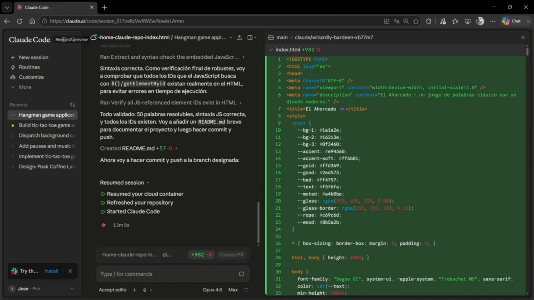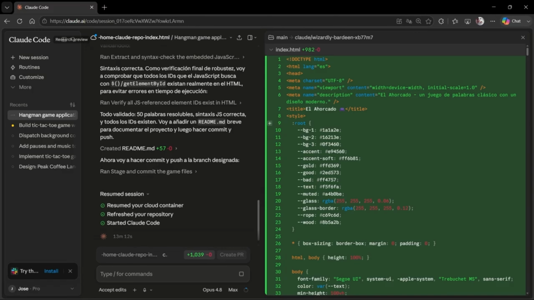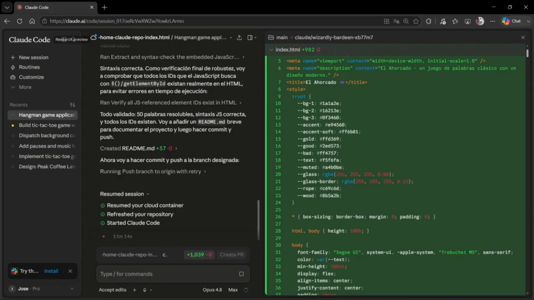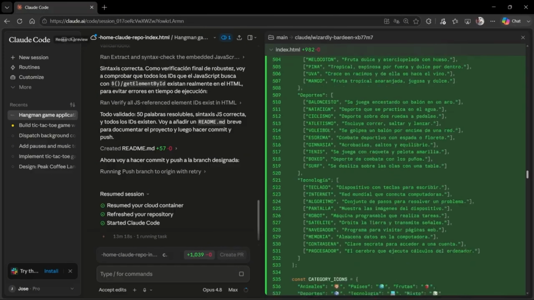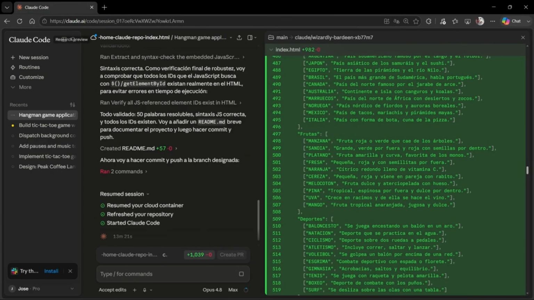Once the development is complete, we will see the result. As we can observe, this is the final result. This time, the operation took about 13 minutes due to its complexity, since the AI structured everything from scratch with